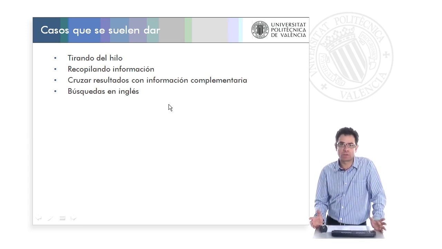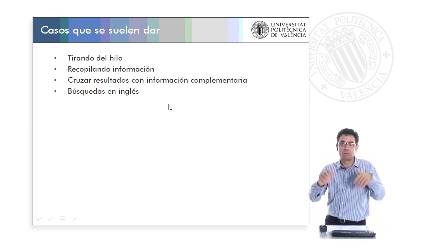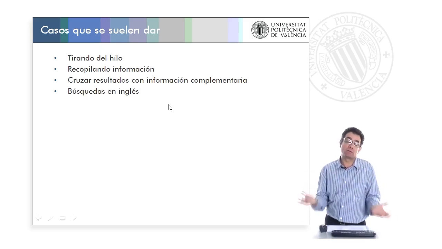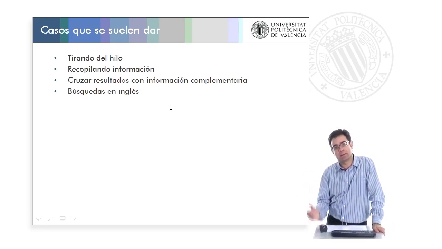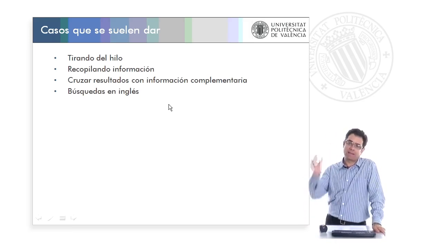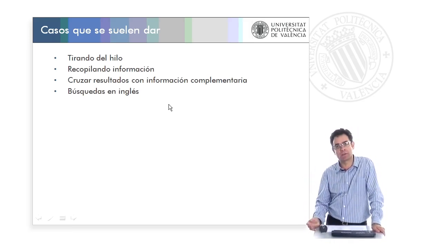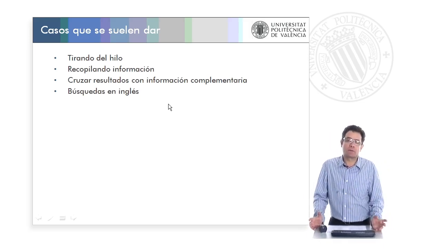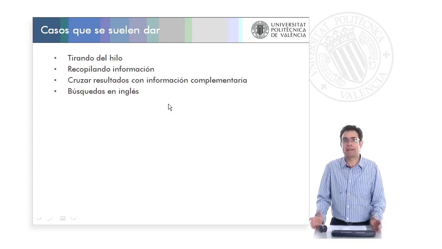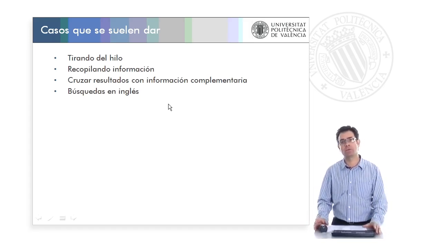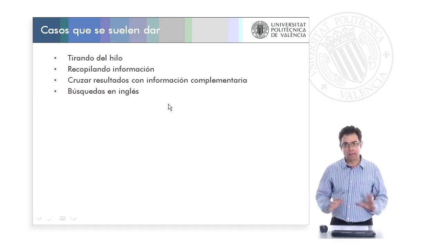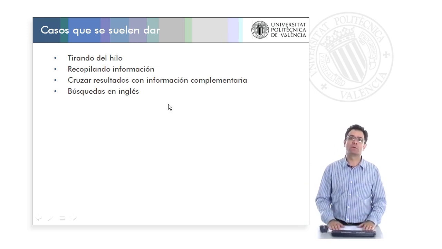The process here would be figuring out the name of the theater, then translating it into Russian or English or whatever language we put in the search engine, and there we will then be able to find the pages in other languages. Once we have landed on the website we were looking for, it is important to note that the search engines already have a translation service that, although it is not a perfect translation, makes it a perfectly understandable translation. This can be very useful, especially when we are talking about a language in which we are not fluent, and summarizing, that is what can happen to us when we are doing this type of search.